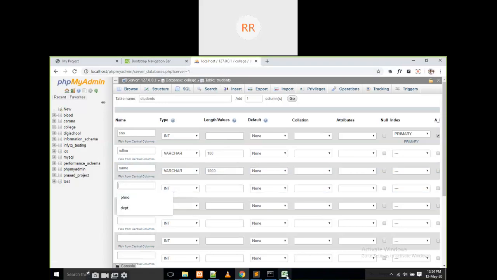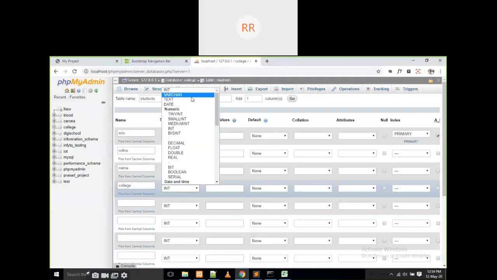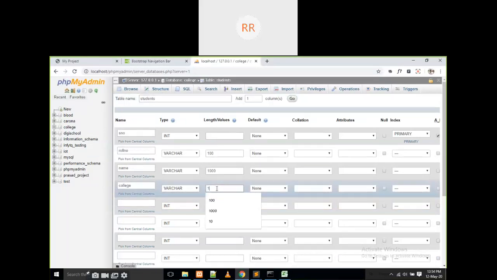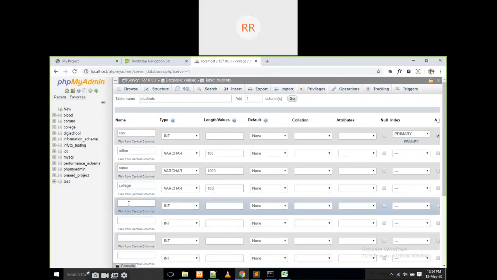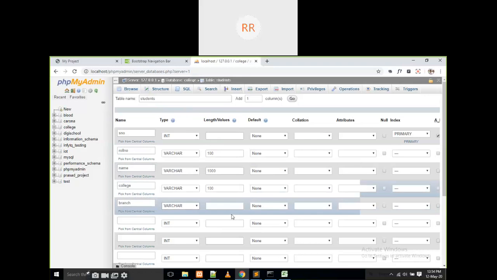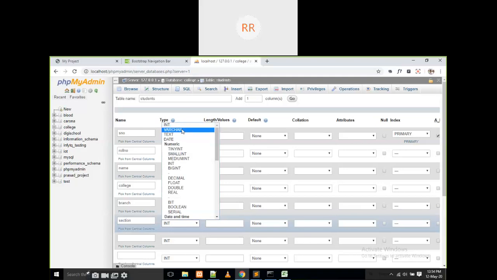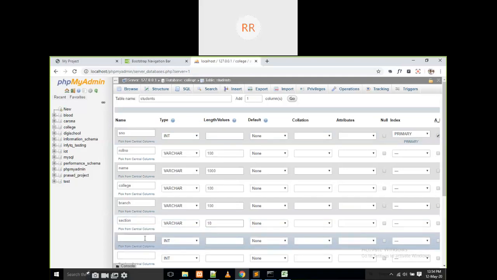The next one is college, COLL, which is also varchar. The next one is branch, also a varchar, and I'm going to mention a size of 100. And section is also a varchar, and it is going to be very small.